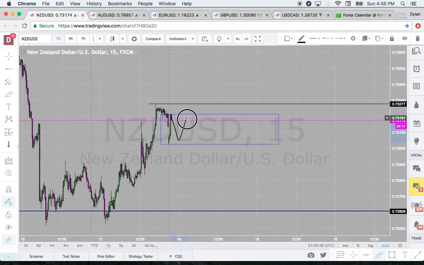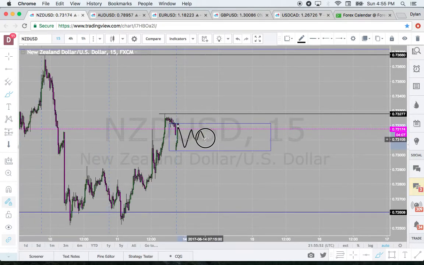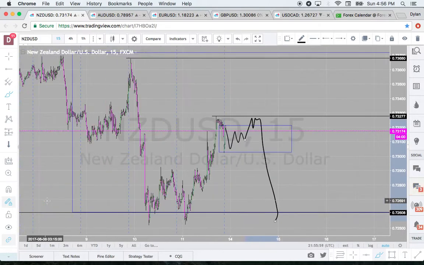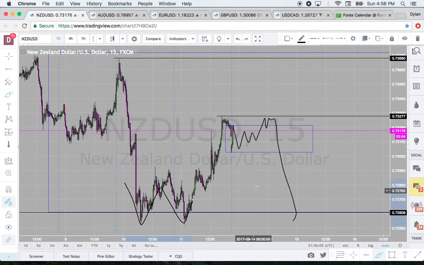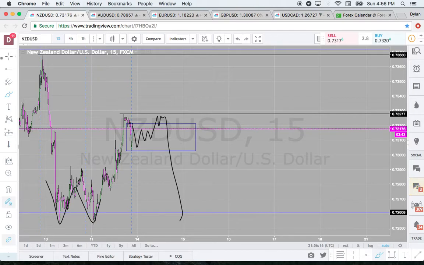I'm expecting some sort of range in here, and then either a spike to the high and see the working of that high and then come down to the lows. We can see that W formation here, and then this W would create that M, and that's the main structure we trade: the M's and W's off of the highs and the lows.